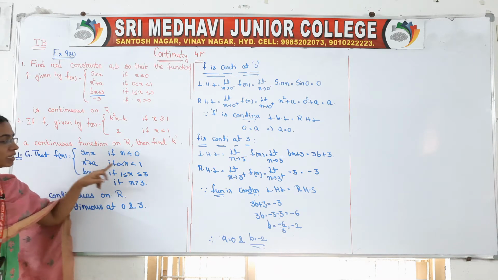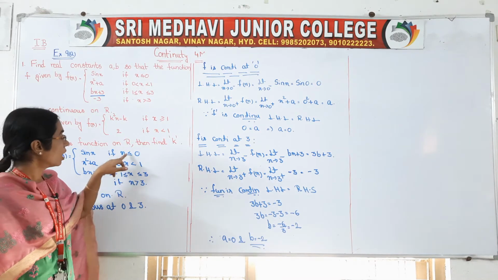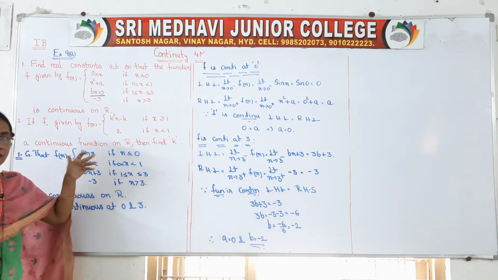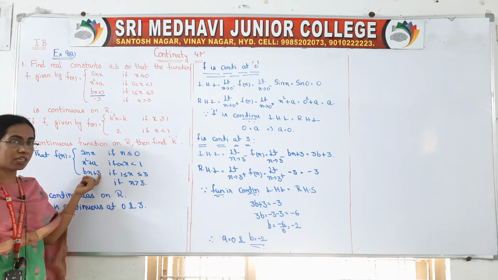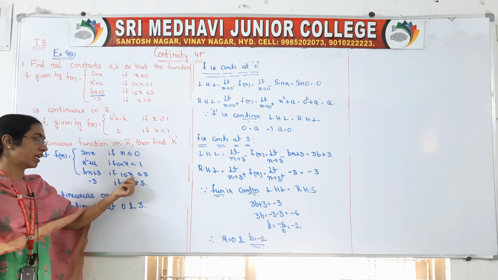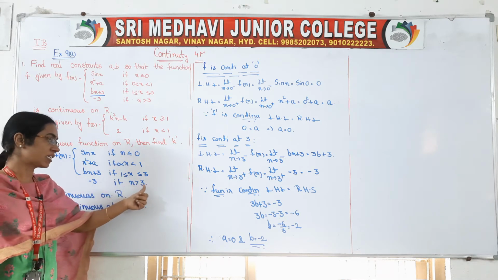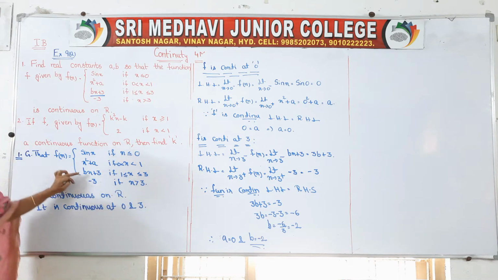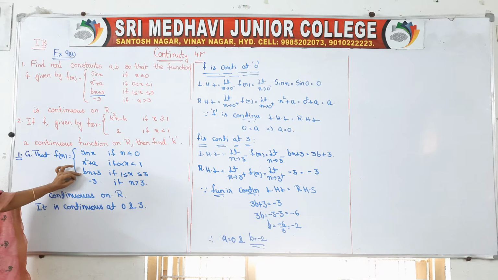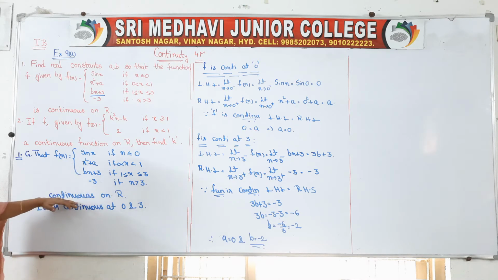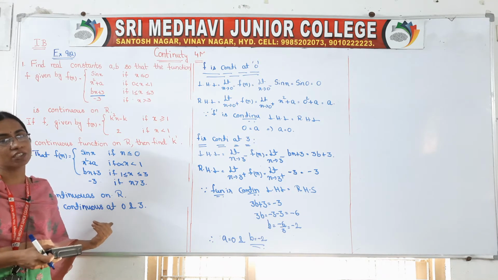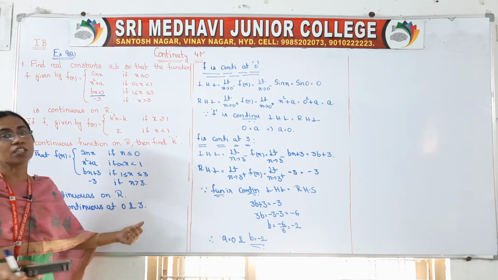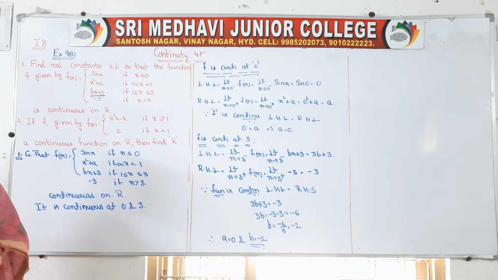So here A is at x greater than 0, and we know that the x less than 0 condition is also given to us. Here in B, where is our B? When x value is less than 3 and x value is greater than 3, here we can find this B value. So that's why I have taken the function is continuous on R means, particularly, I have taken the function is continuous at 0 and 3 so that I can get A and B values.